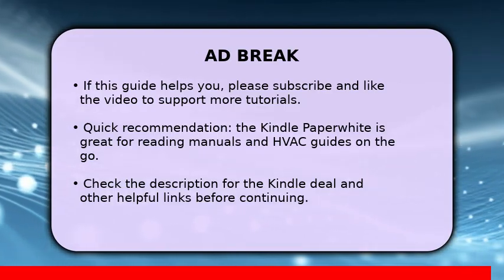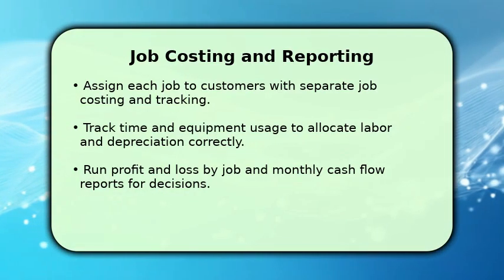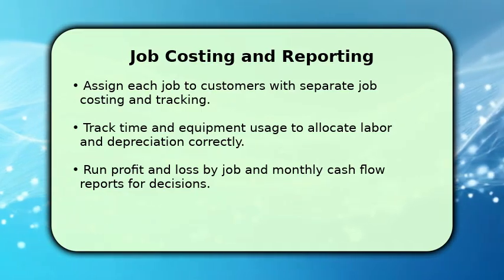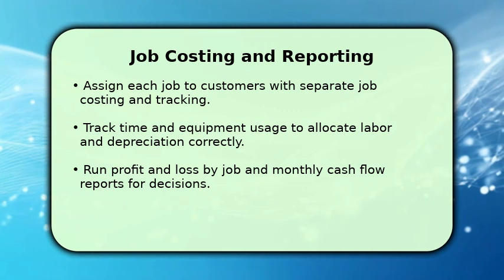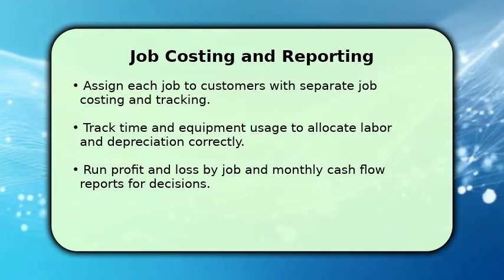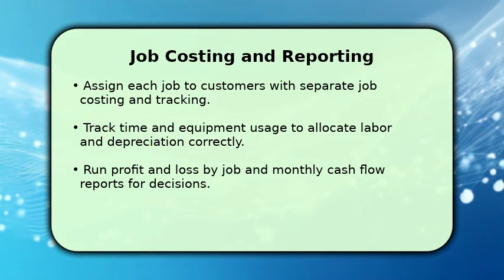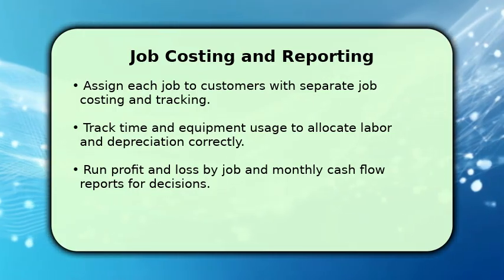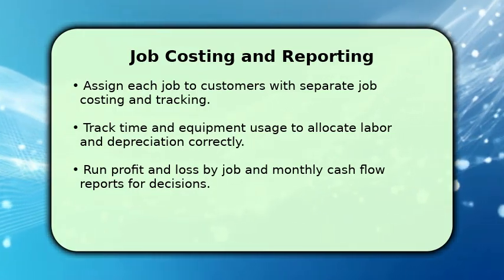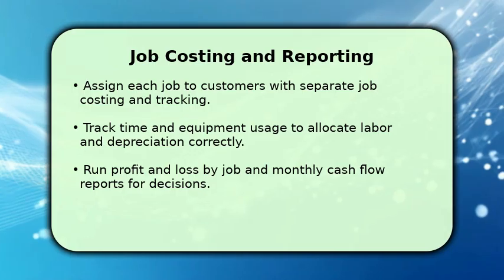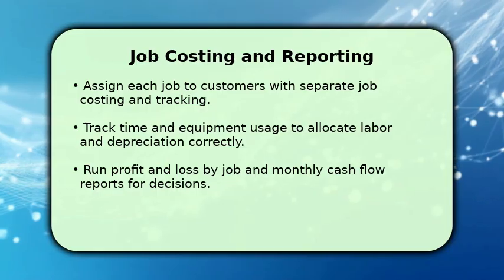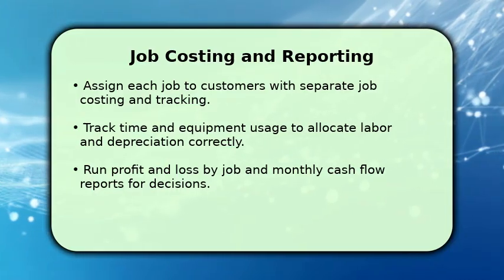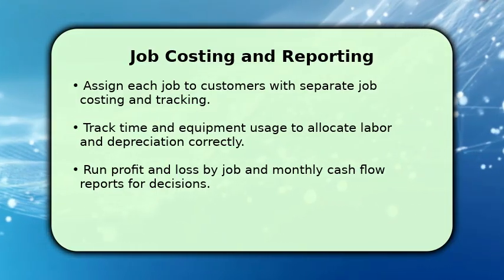Back to the video. Assign jobs to specific customers and use class or location tracking to separate residential, commercial, and maintenance work. Record technician time, parts used, and equipment depreciation per job to get true job costs and gross margins. Regularly run profit and loss by job and review monthly cash flow and aging reports to spot issues early. Use these insights to price bids accurately and improve margins on repeat